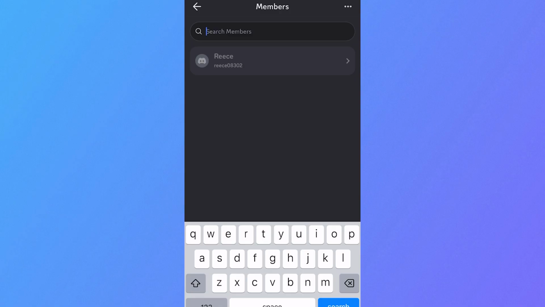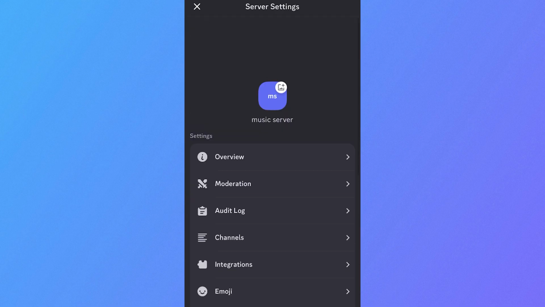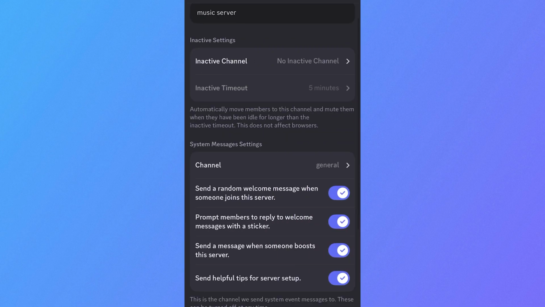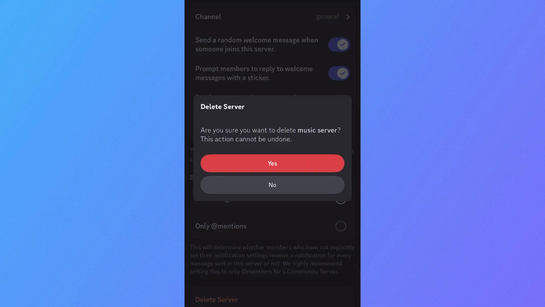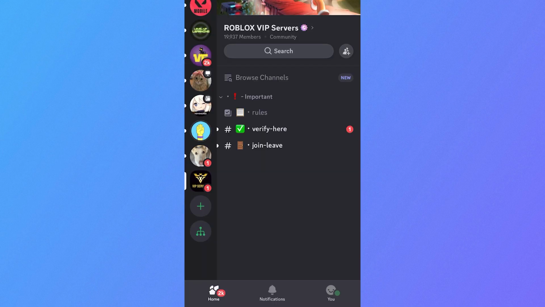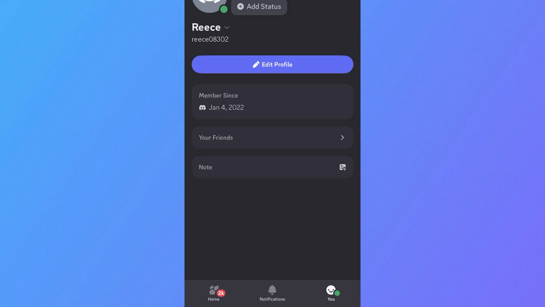If you have a small server or you just want to delete the server altogether, then we can come back out of this window, scroll to the top and click on overview, scroll down to the bottom and select delete server and press yes. Once you've deleted all of the servers that you own, click back on your profile icon,